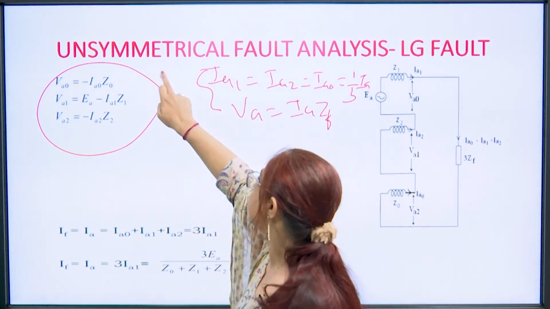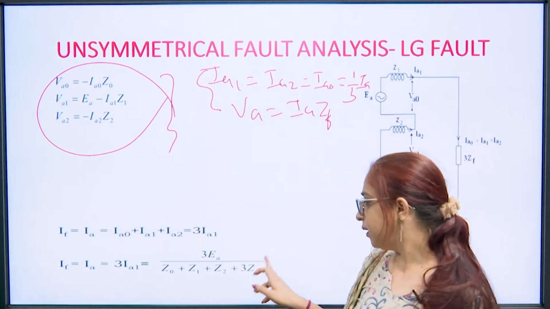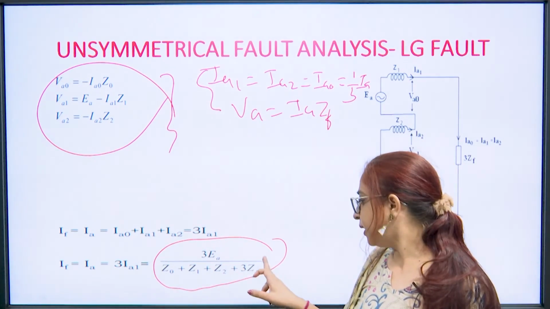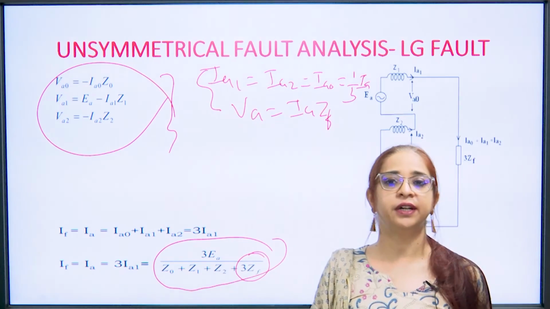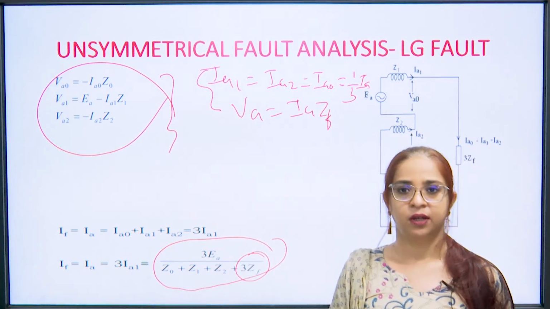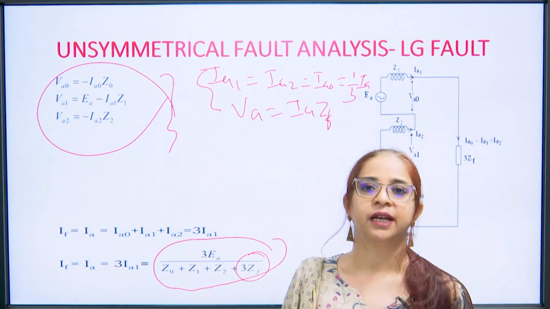ये दोनों इक्वेशंस और ये तीन इक्वेशंस, when we solve it together by substituting, we will get the value of the fault current. The only difference from the previous one is the addition of the 3 times ZF factor which comes in the calculation, and hence we can obtain the value of fault current in the case of